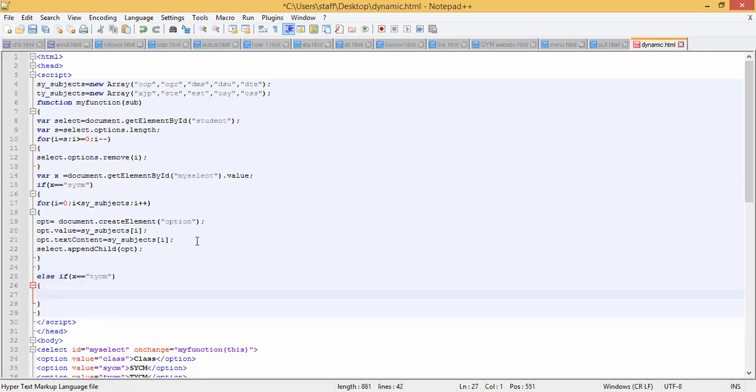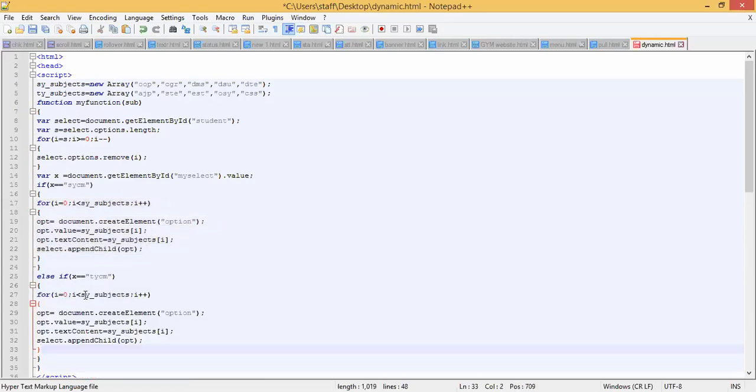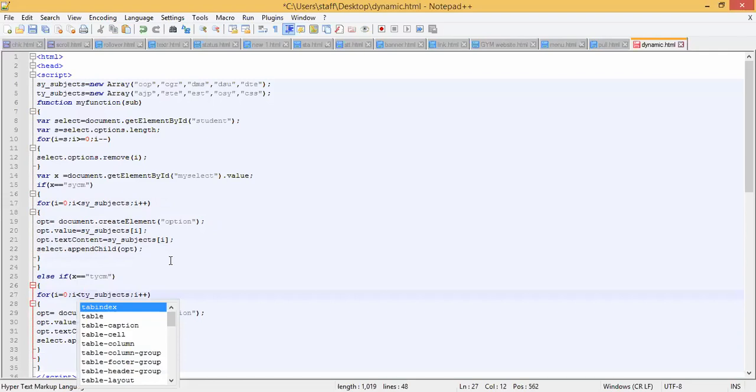then TYCM subjects should be loaded. Else part. I'm taking the same code over here. Just I will change it from the for loop. The else part. Here we will be taking the TYCM subjects.